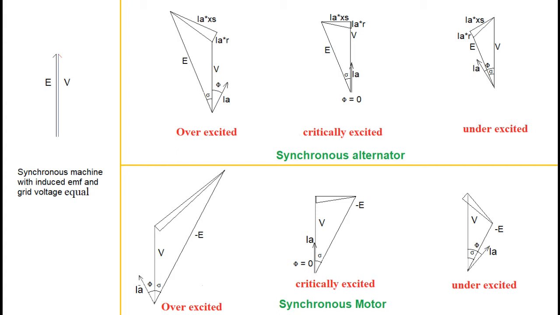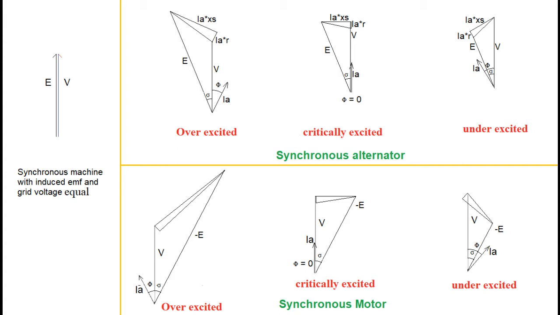When the machine works like an alternator, the prime mover has to overcome the retarding torque produced by the active load current. As the prime mover starts reducing the power supplied, the active load current supplied by the alternator drops. Excitation controls the reactive component, and terminal voltage is held constant by the grid. So an overexcited machine has a lagging current component and an underexcited machine has a leading current component.